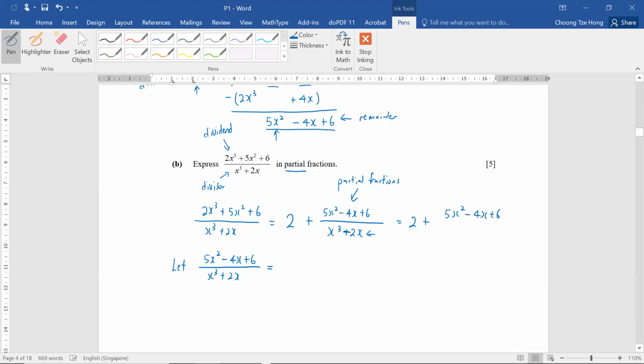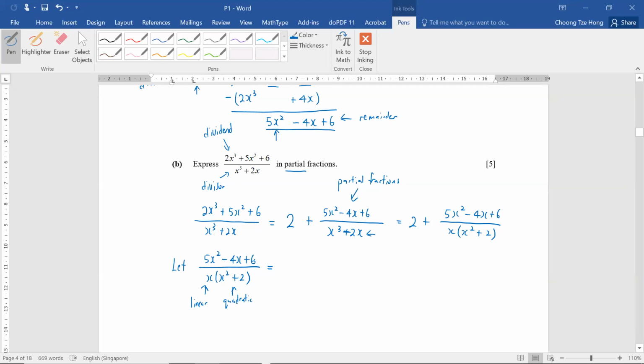over x³ + 2x, where we can factorize out the x. So we will get x² + 2. Maybe instead of writing this, we will write x times (x² + 2) instead. At this point, what we have is a linear factor, degree 1, and a quadratic factor. x² + 2 cannot be further factorized, so it just remains as